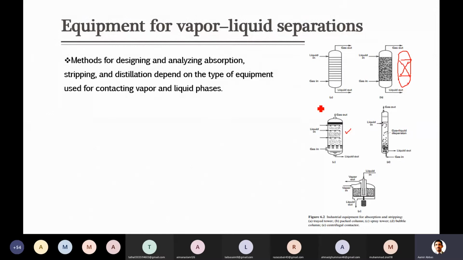inside the equipment. Definitely contact area is also more in these, because if the liquid stays at each of the plates, vapor contact will increase. As compared to this, if you look at these equipments, there is no such resistance, there is no stoppage of the liquid. So definitely it is low in these kinds of equipment, but in this it is higher.